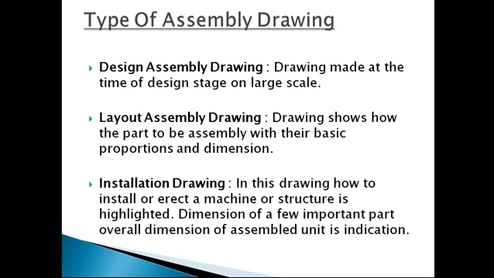If there is no assembly drawing, what will happen? If there is no assembly drawing, the person is required to make trial and error. Every time he will pick two parts and try to adjust them, whether they sit or not, whether they are going to fit or not. With such a number of trial and error attempts required, when 2-3 parts are identical, it is very difficult for the person to identify the proper part.